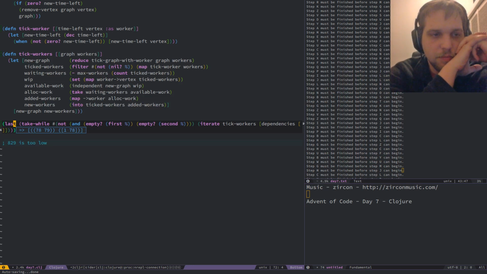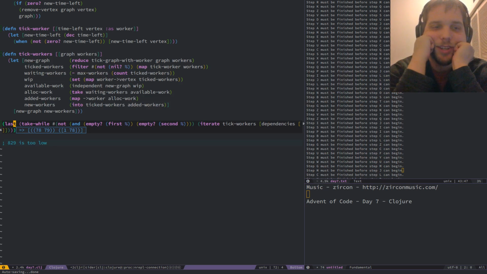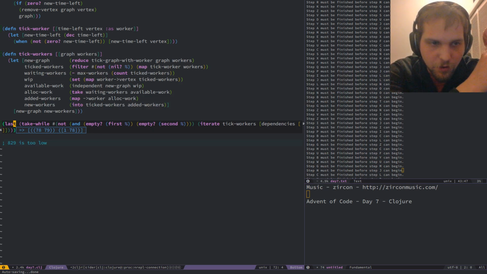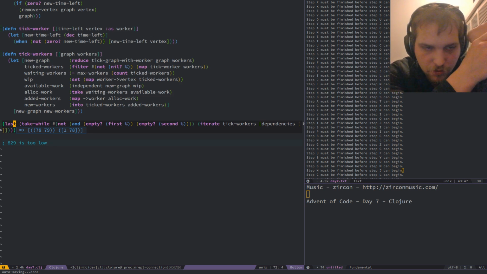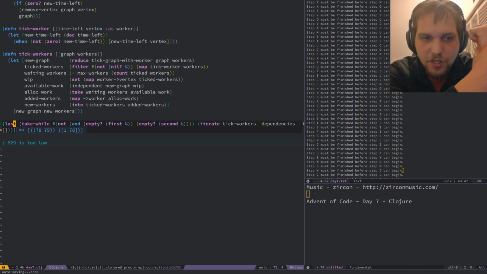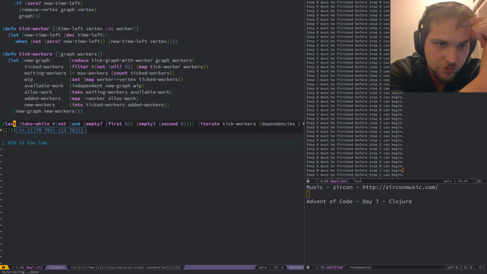See, work in progress is the set of worker vertices. The available work is all the independent items in the graph, in the new graph specifically. That does not include the works in progress.